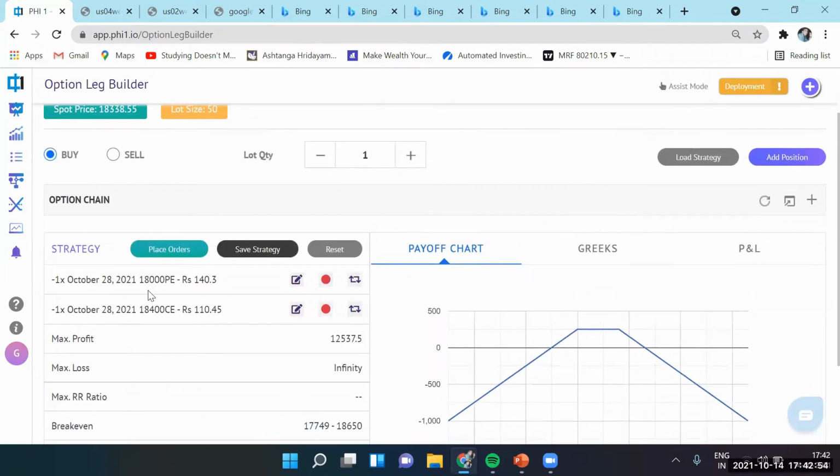All right, so our ATM was 18,200. In a strangle position, we go slightly out of the money and sell a near ATM, slightly out of the money, call and put. So this is the template that it captured.